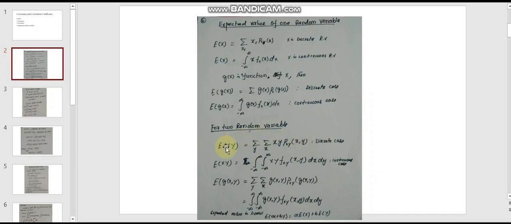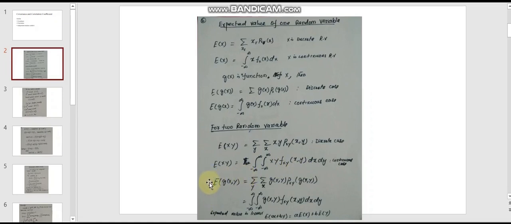So this is the discrete case, and similarly for continuous random variables x and y, their expected value can be described by integrating the product of the values of x and y with the joint PDF of x and y, integrating along x and y. Similarly,